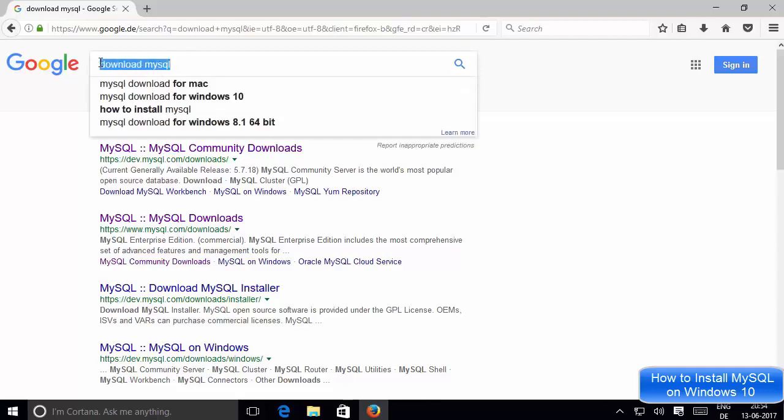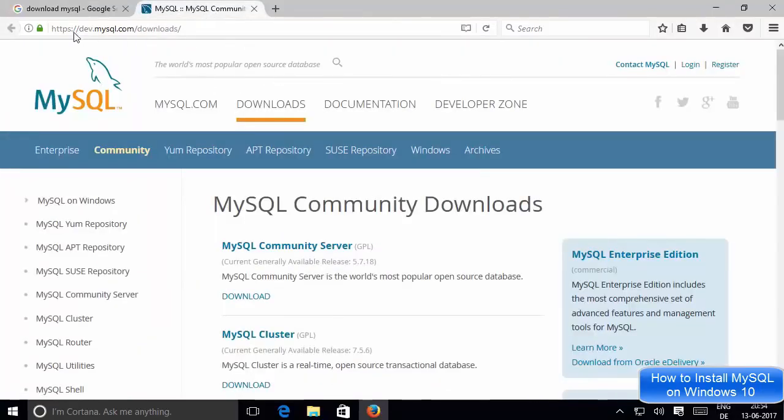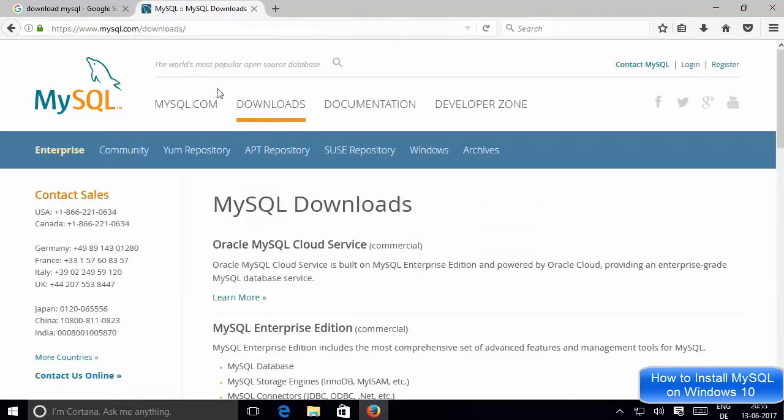Okay, so just search for download MySQL and hopefully the first link which will appear here will be from dev.mysql.com/downloads. Okay, and if it's not the case, we will see how we can reach that downloads page. So once you open this download page, the link is dev.mysql.com/download, and if you land on this dev.mysql.com page, then you can just click the downloads link here,